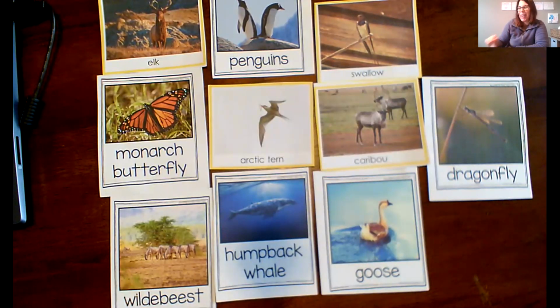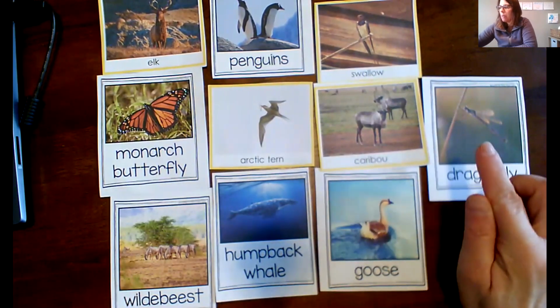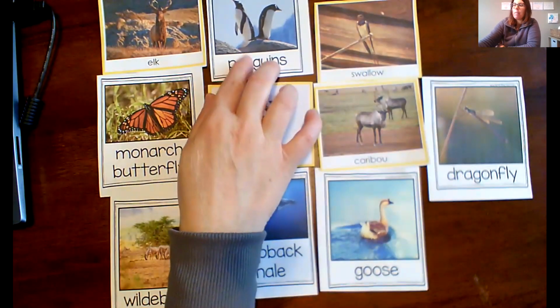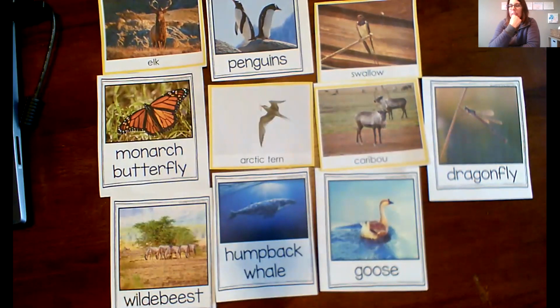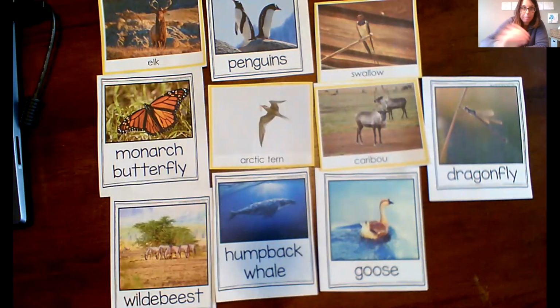This is tricky, yeah. So we're going to go back to our geese example or the caribou. Even penguins do this. All of these animals do this. They start with an M. M-I, have you heard this word before? Migrate? All of these animals migrate.